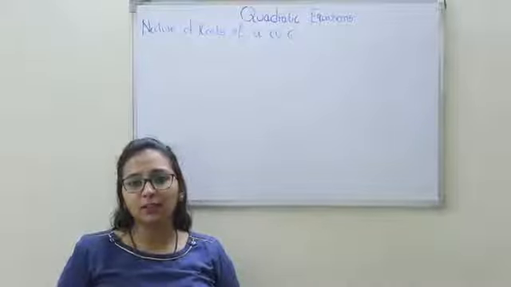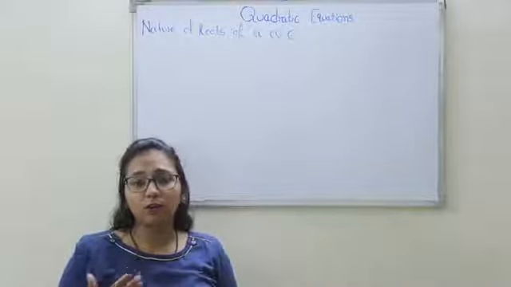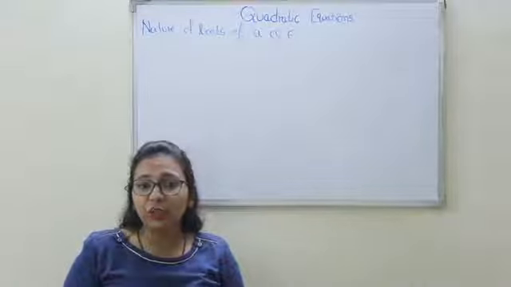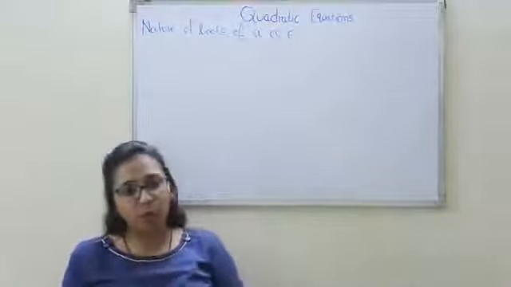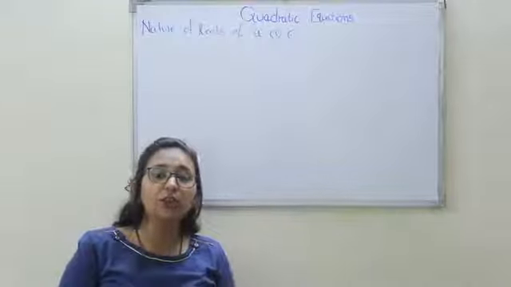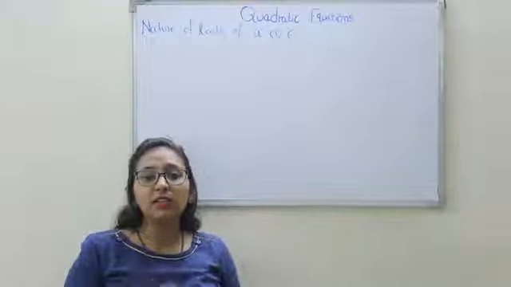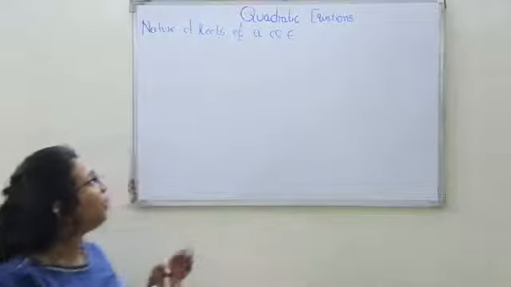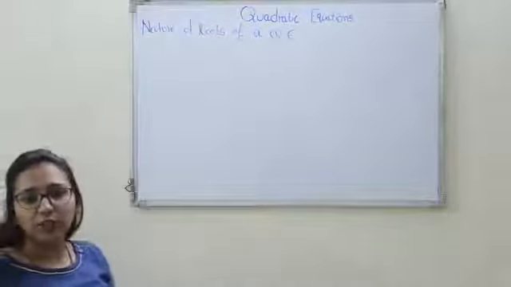Students, till now we learned what are equations, quadratic equation, standard form of quadratic equation, methods to solve quadratic equation, that is factorization method and formula method. In factorization method you have to also learn a small topic, that is the zero product law. Now the last topic of the chapter is the nature of roots of quadratic equations.